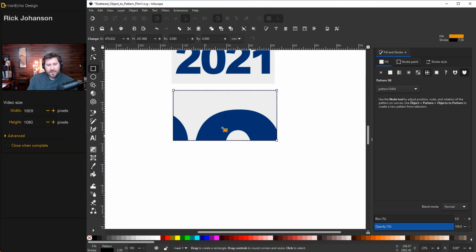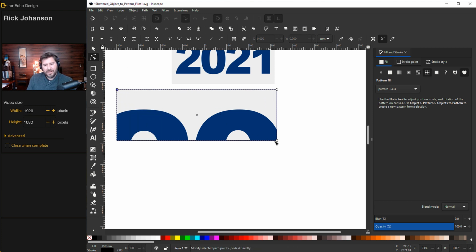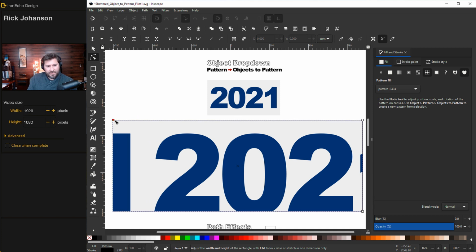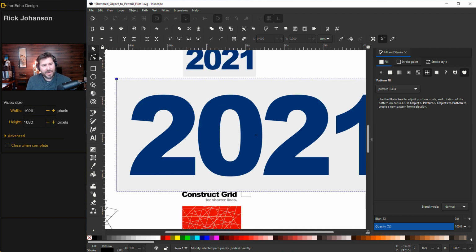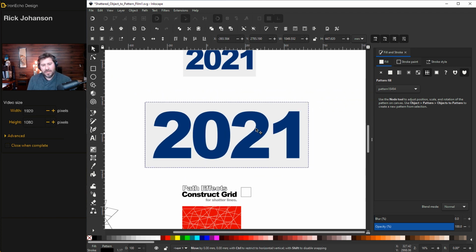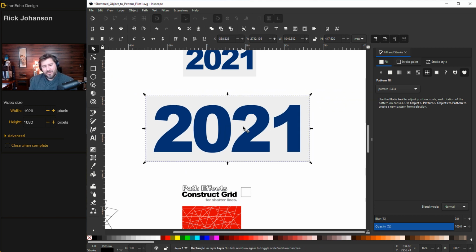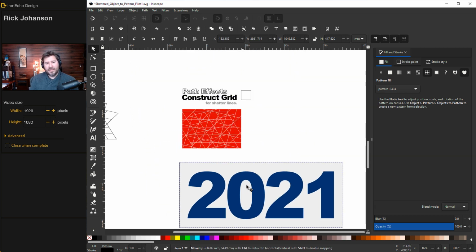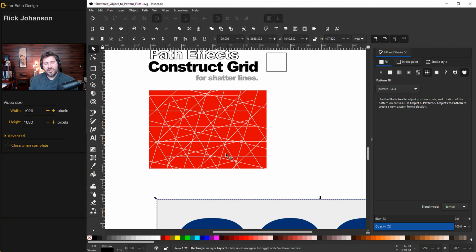And you can zoom out and go hunt for the X, circle, and square to resize the pattern, or you can also just drag your area of your rectangle until you see it start to repeat and adjust it that way. Then go back to the selector tool and you can scale it down. You don't have to shatter 2021. I just wanted to say goodbye to the year and move on to a fresh new start by breaking it up. Let's move this down because I want to show you a quick way on how to make our shattering